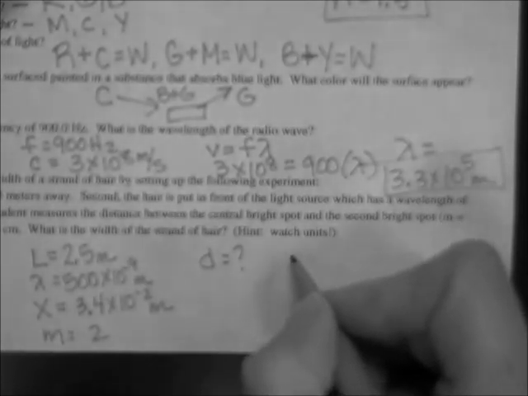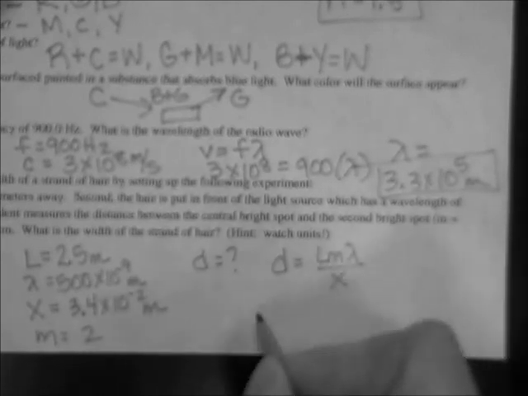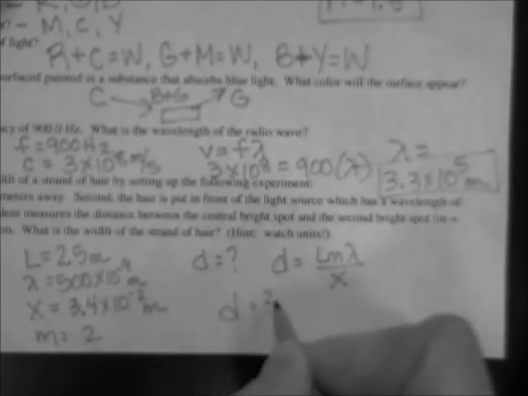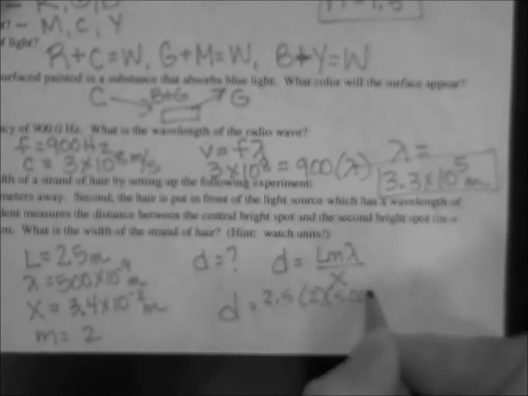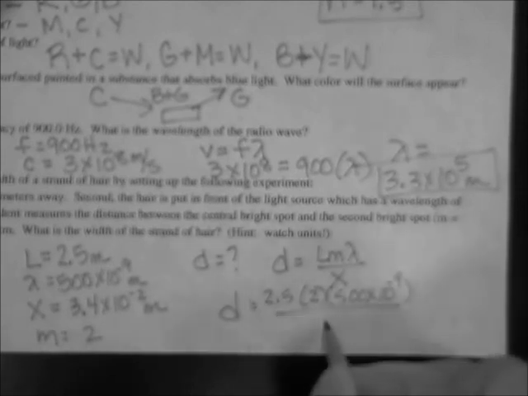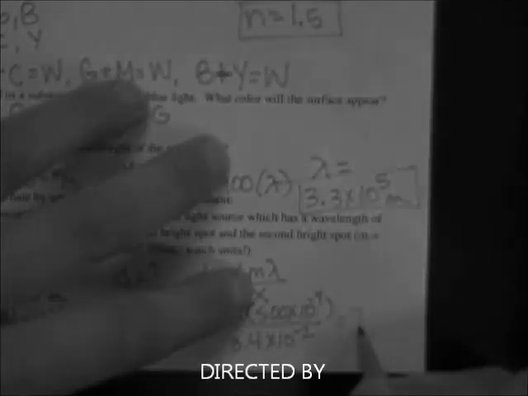So my formula, if I solved it for d, d would equal L m lambda over X. So d would be 2.5 times 2 times 500 times 10 to the minus 9 divided by my X of 3.4 times 10 to the minus 2. And when you solve that, you get 7.4 times